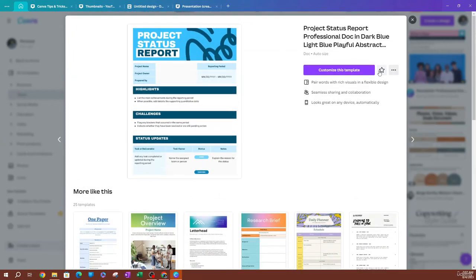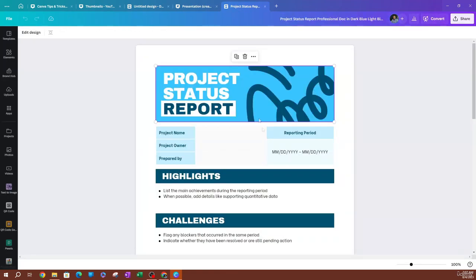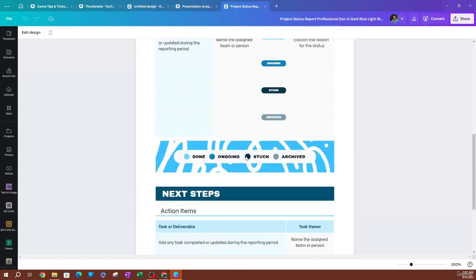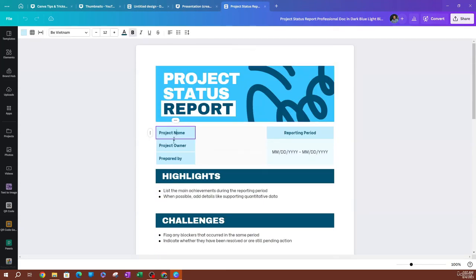So if I go ahead, you can start this to like it, you can share this, you can report it. So I'm going to go ahead and hit customize this template here. Give it a second. Boom. As you can see, now you can start customizing this. You can see that there are all these different